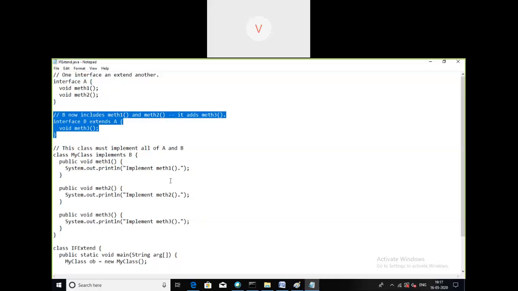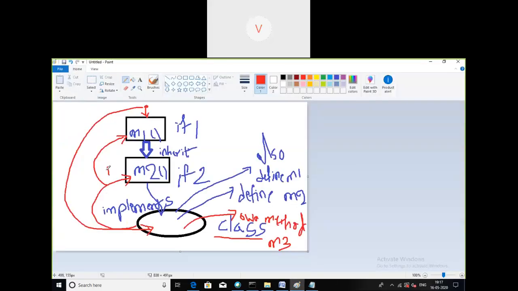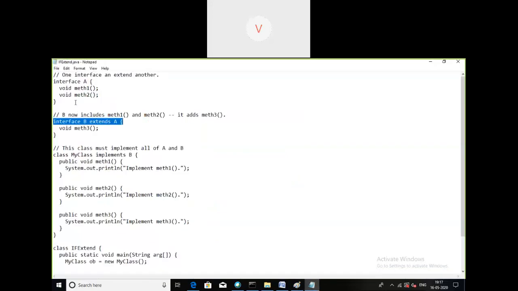Interface B is inheriting properties from A. So you can assume this diagram: this as B and this as A. Interface A is having M1 and M2, and B is having its own method called M3. Now B includes both M1 and M2 and adds M3. That is method 3. So how many methods is B having now? B is having 3 methods.